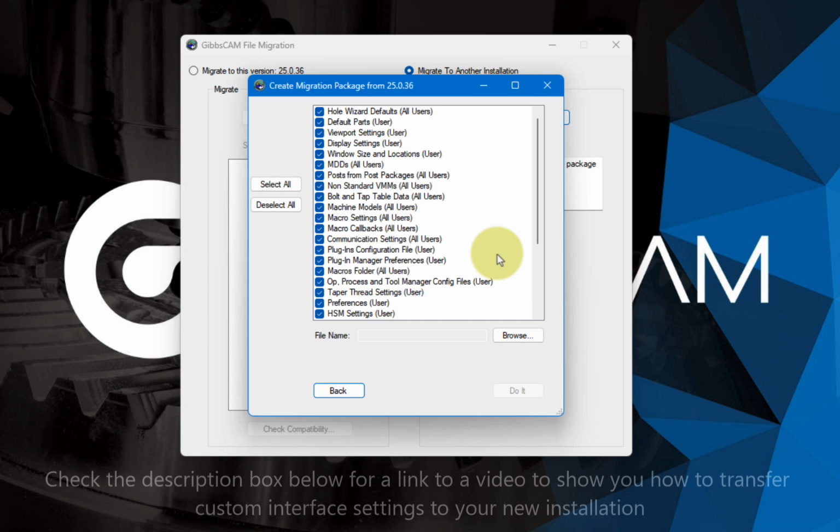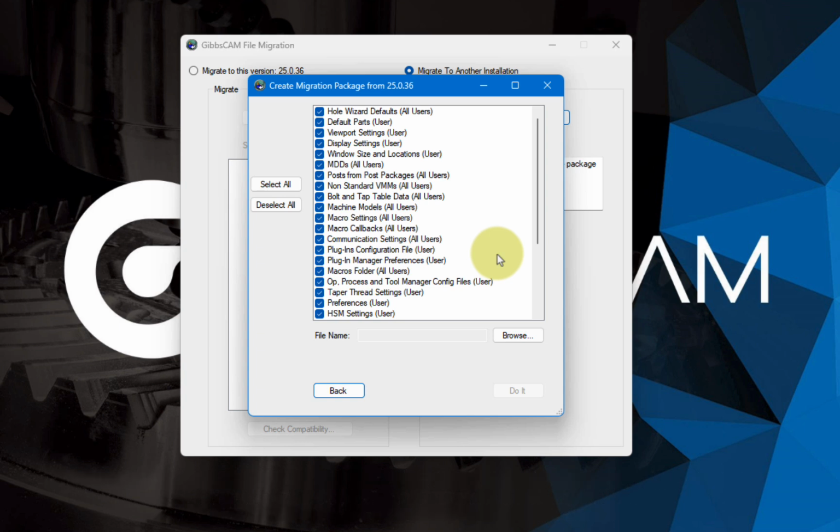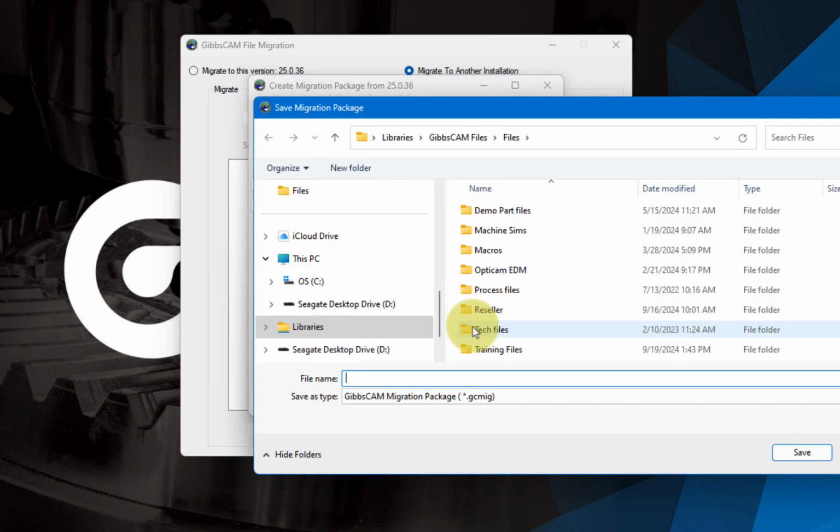Now the thing it won't do is it won't do the CUI file. If you've created a custom interface, you'll have to save that somewhere else, somewhere safe where you can find it, right? That's the only thing. So here I'm going to hit Browse, and I'm going to save this file,